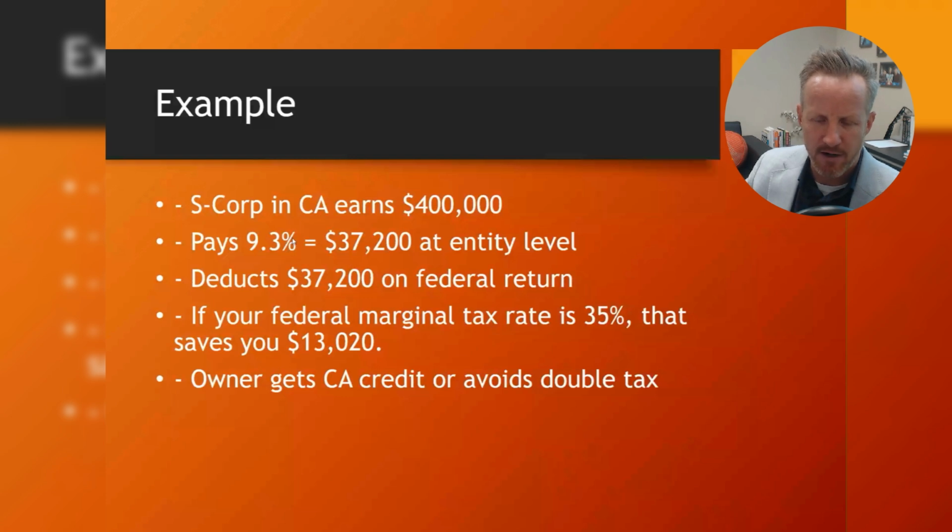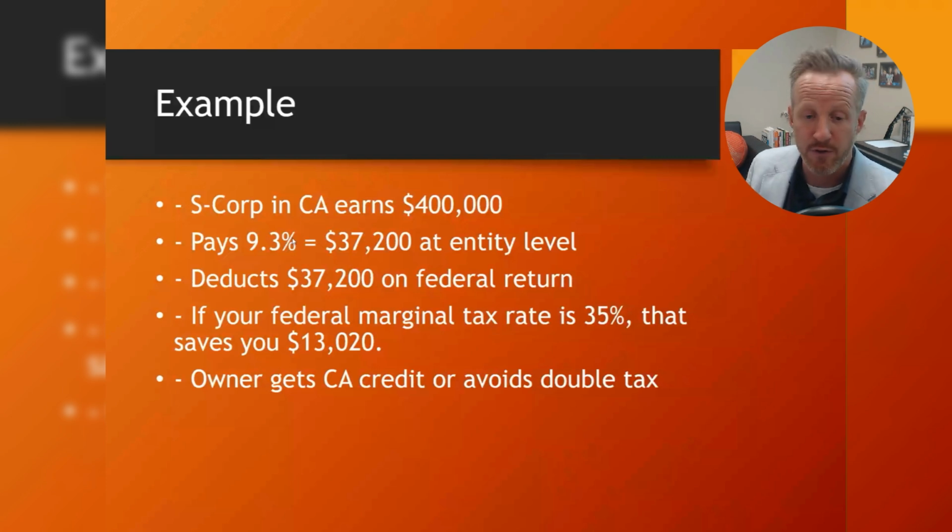That's a very common stair for dentists to be at as their marginal tax rate. If you're married filing joint, you've got to be doing taxable income of around $600,000 to get into that next top tier of 37.5%. So 35% is a very common tier. If you're married filing joint, that's somewhere above $250,000 or so. So 35% is the rate at which you get a tax deduction on that payment you made to your state tax board. So if you made that state tax payment of $37,200 times your deduction rate of 35%, you just saved, and here it is, bottom line drum roll, you just saved